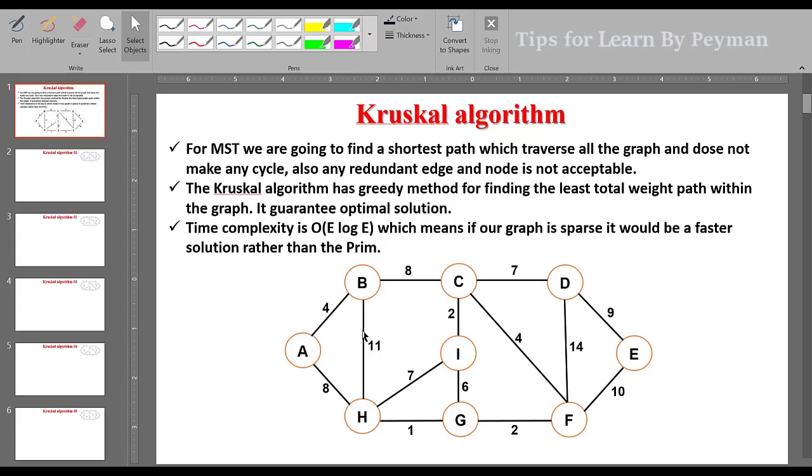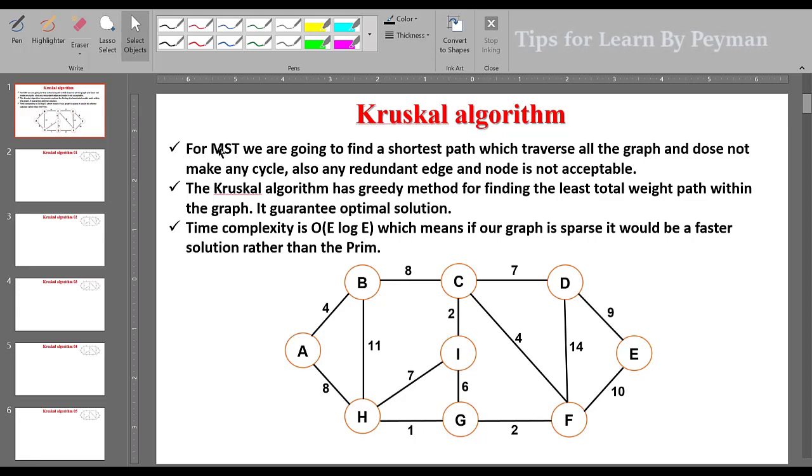In this video I'm going to teach you how the Kruskal and the Prim algorithms work. As you know, in the artificial intelligence domain we have many problems which are based on graph and tree structures, mainly used for path finding and graph traversing, and finally generalized to many other problems. When we are looking for a minimum spanning tree, we have two solutions: the Kruskal algorithm and the Prim